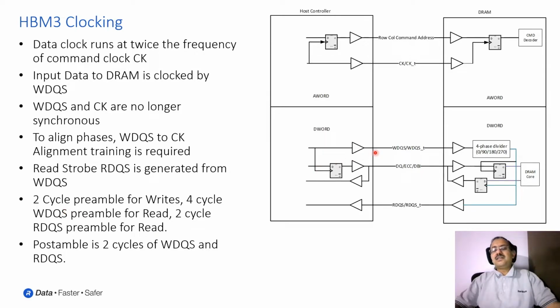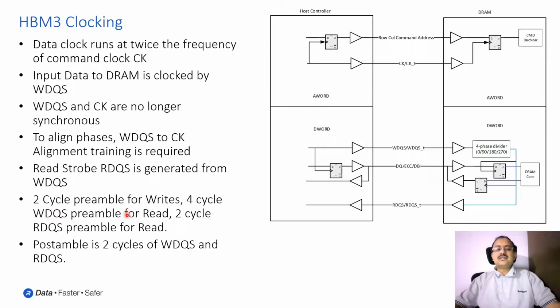And what it means is that if the write strobe is going to be retimed for a read path, the write strobe should also be generated during a read. So this is no longer acting like a strobe signal, but more like a data clock. In order to meet the requirement that when there is a read command, the write strobe should be available so that it can be retimed and regenerated as a read strobe,